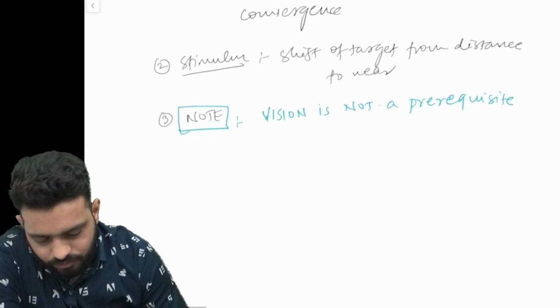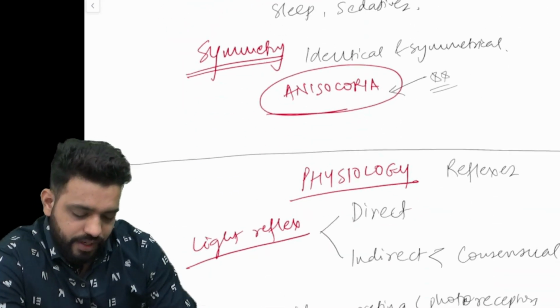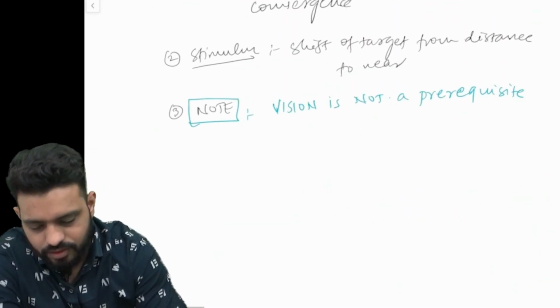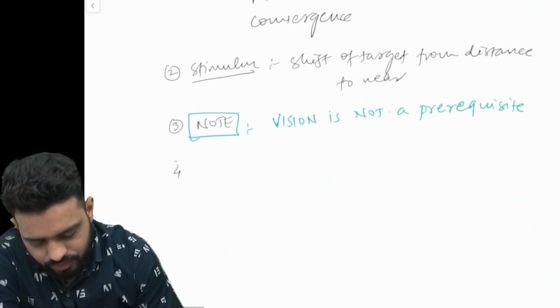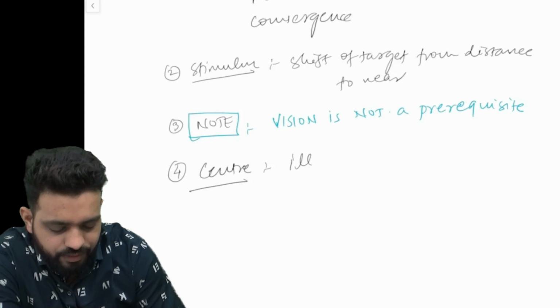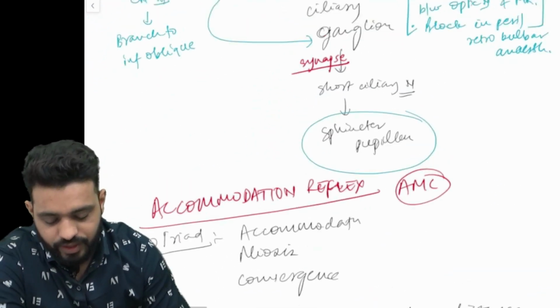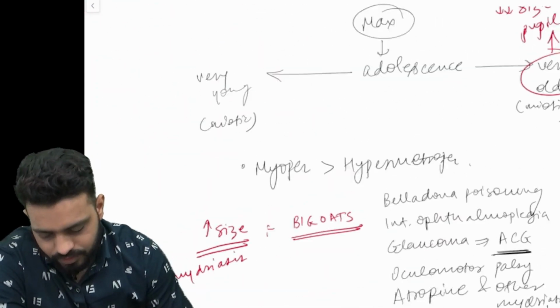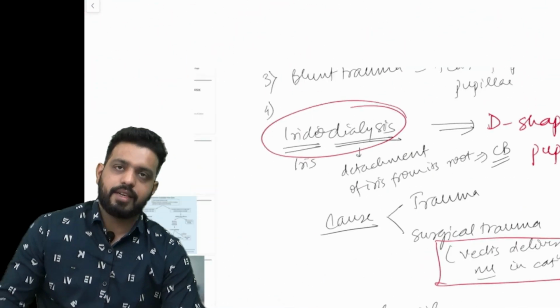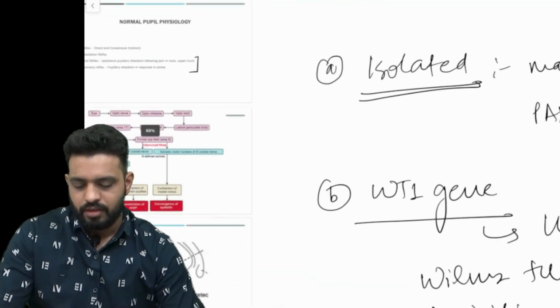Now, let's look at how this reflex works. Very important, one more point I forgot, sorry, is number 4, the center for near reflex is ill-defined. Still we do not know what the center for accommodation reflex is, because what we predict is it just lies a bit ventral to the light reflex center. First we'll look at the